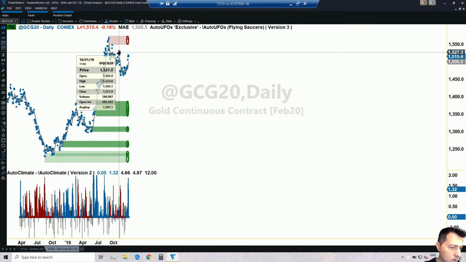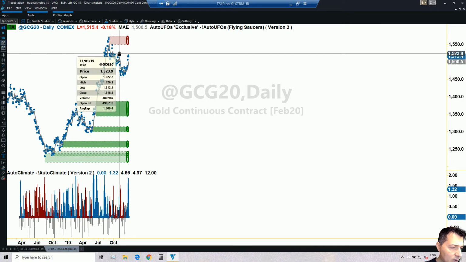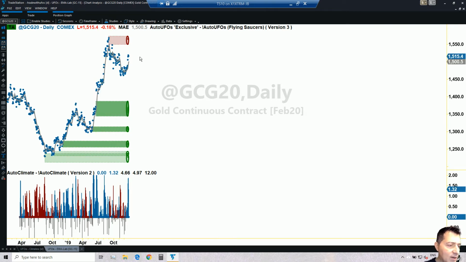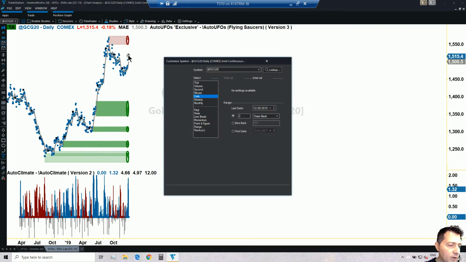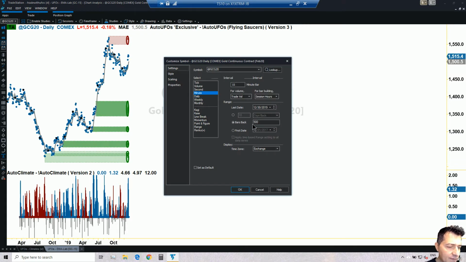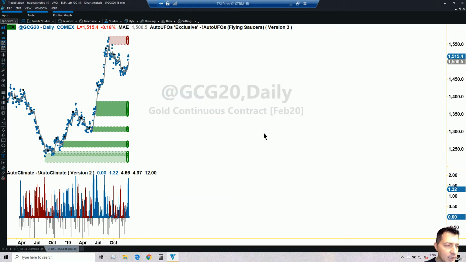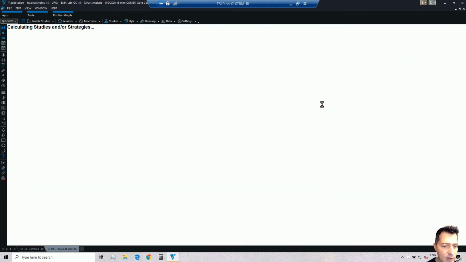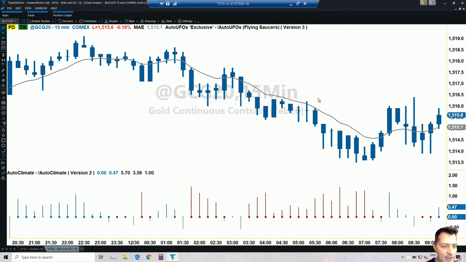So we may need to go back in time all the way to October, September, something like that. So I'm just gonna load data all the way to September earlier this year. Okay, so minute time frame 15, and we're gonna load data starting September 1st, 2019 to see if I get to see red UFOs above price, because those would be my targets, isn't it?